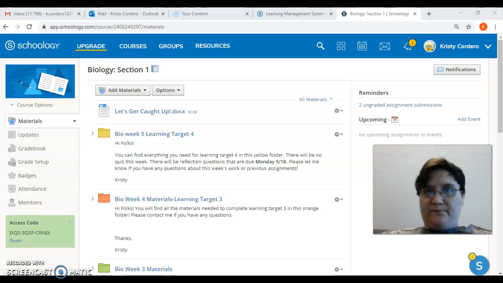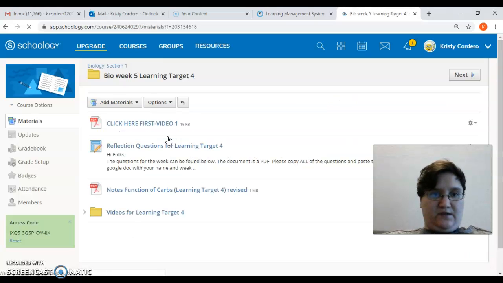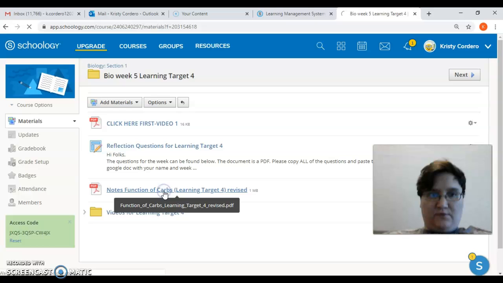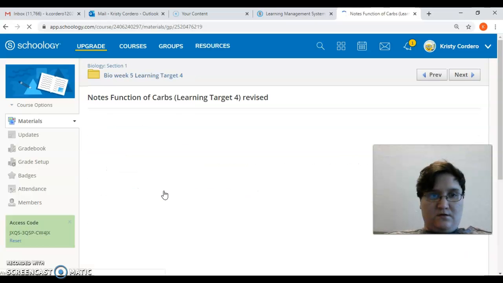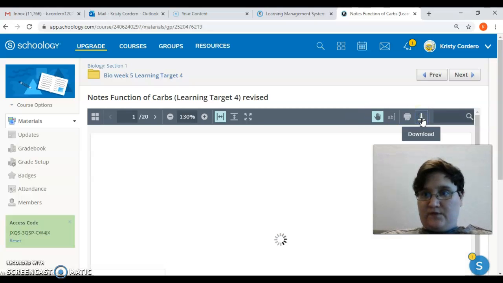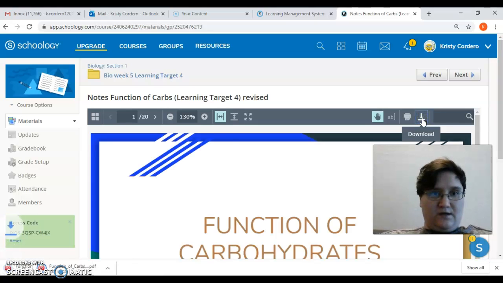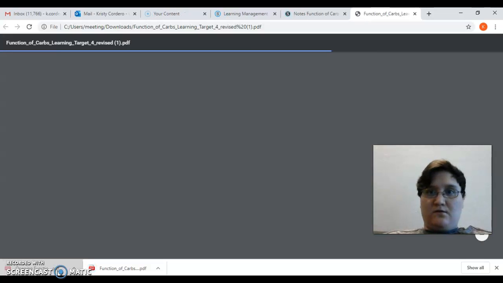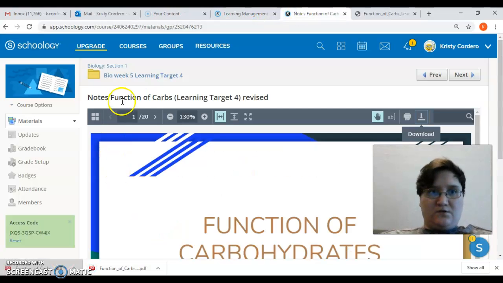So I'm just going to jump right back into where I was. Again, Bio, Learning Target 4, yellow folder. I'm going to open up my notes again really quick, and I'm going to download them because that's how I prefer to read them. So again, this arrow, I'm going to click on that, and then I'm going to open those notes up, and I'm also going to look at my